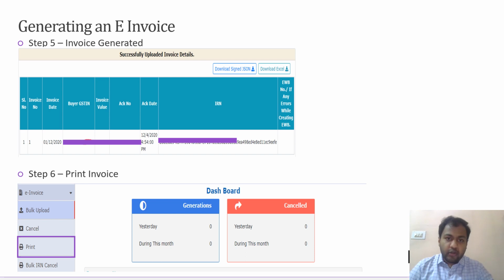So the first option available is the offline utility, which has been released by the government, which is free of cost. Our friends who are on Tally, it's very simple. On the website of Tally, there are a lot of partners who have been enabled, and they're offering this solution at as low as 25,000 rupees, one time setup cost. So you can approach them. But any other clients who are on ERPs like SAP, Oracle, or Dynamics, you will have to take the help of your IT team, or you might have to approach a GSP or an ASP and see what is the solution which is best for you.